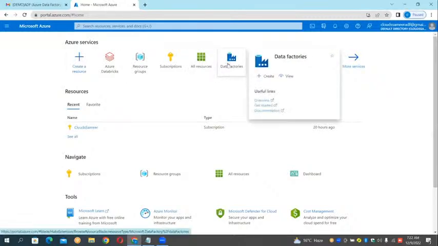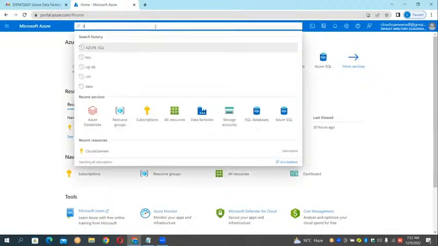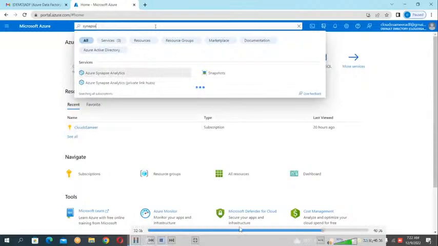So here, this is the ADF. If you want to use Databricks, you have Databricks here too. Anyways, you can use anything, that's not a problem. And if you want to use Synapse, I'll show you Synapse. Synapse is a data warehouse.